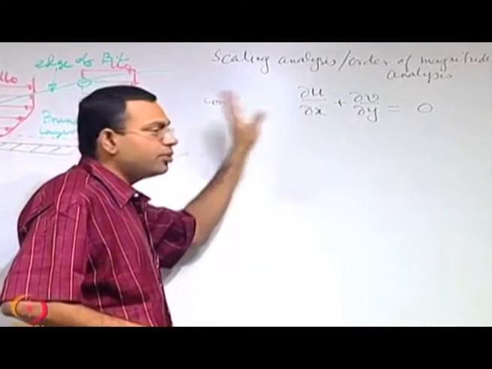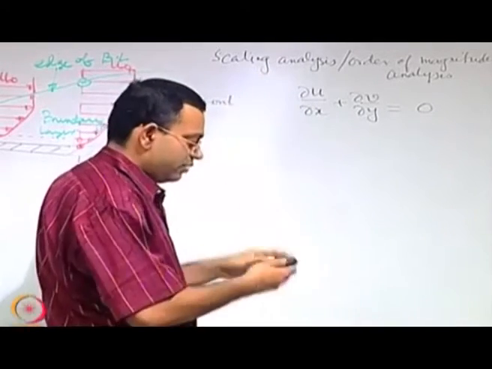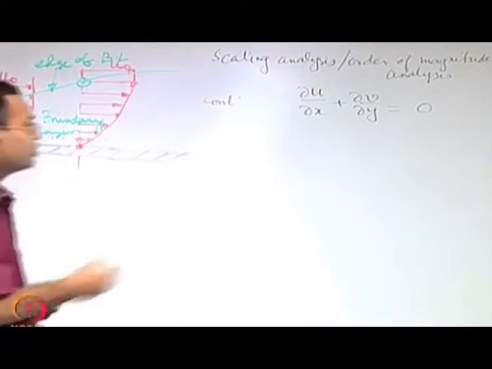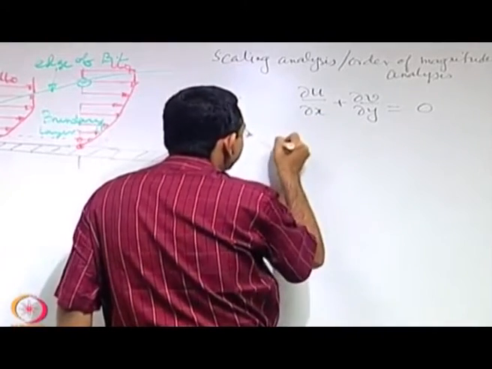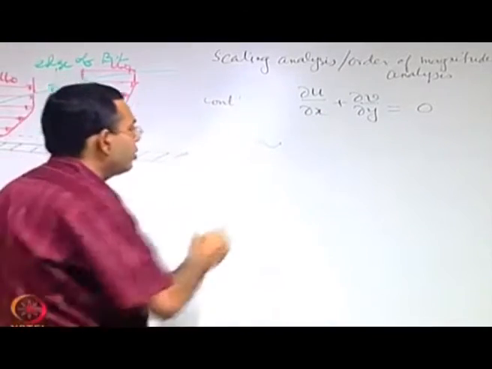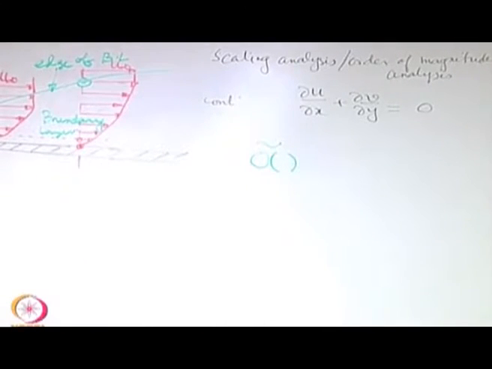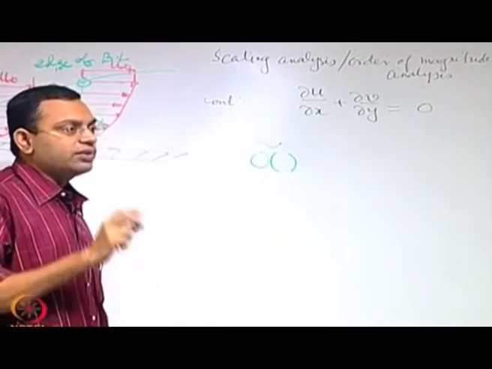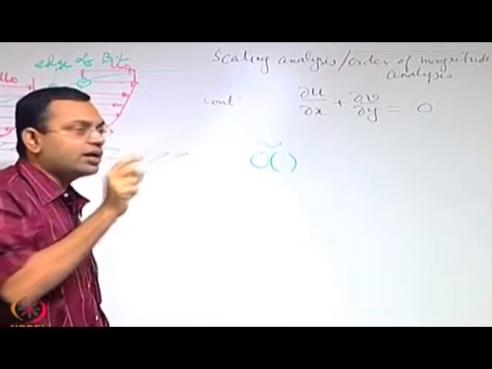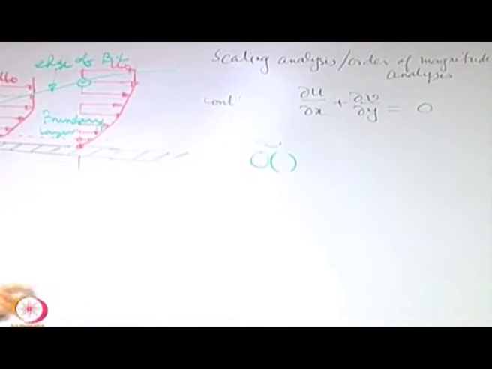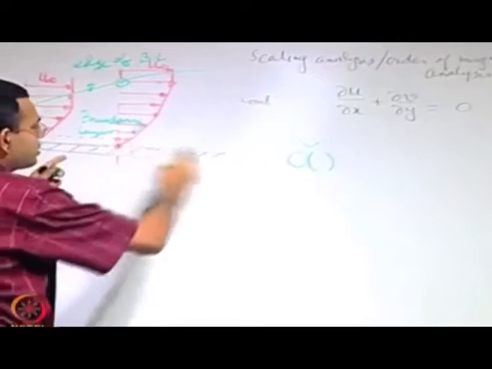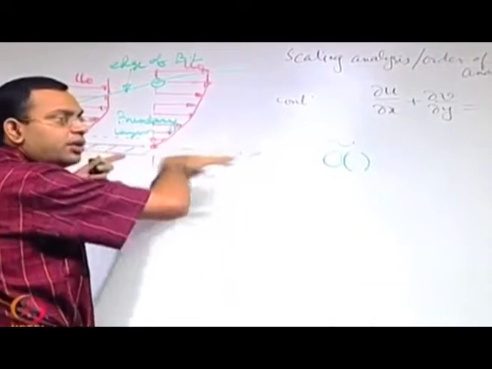So, when we have this du/dx type of term, if you write it in terms of an order of magnitude, it is given by this type of a symbol. So, the order of this one is the order of u divided by the order of x. Order of u means the maximum u, and order of x is the maximum x. First of all, x is apparently mathematically unbounded towards a particular direction,